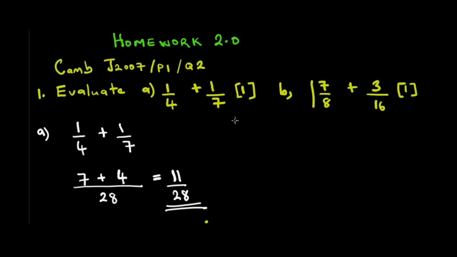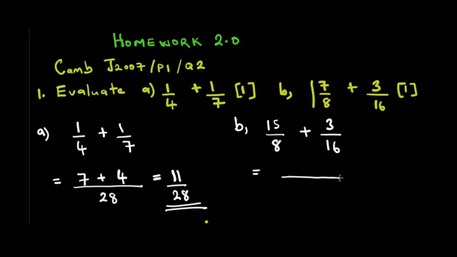We want to do B. B says 1 and 7 over 8 plus 3 over 16. So what we must first do is convert this mixed number into an improper fraction. So we say 8 times 1, which is 8, then plus 7, which is 15. So we have 15 over 8 plus 3 over 16. This is going to be equal to,